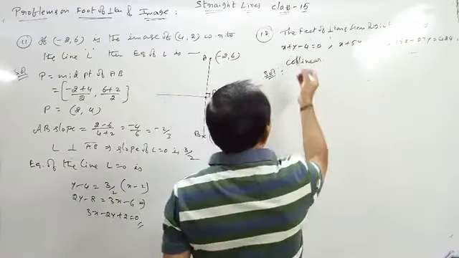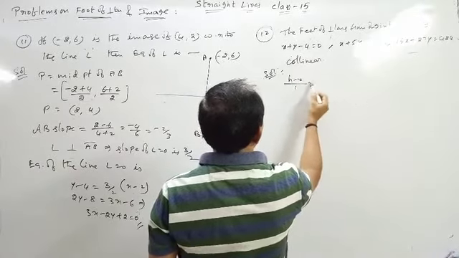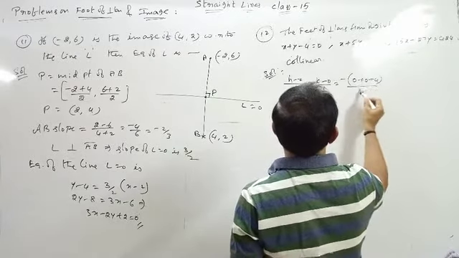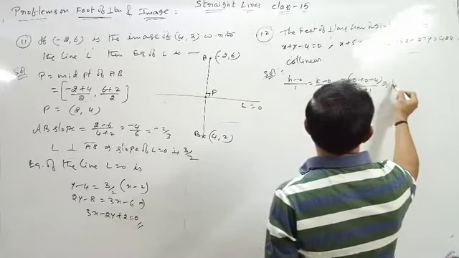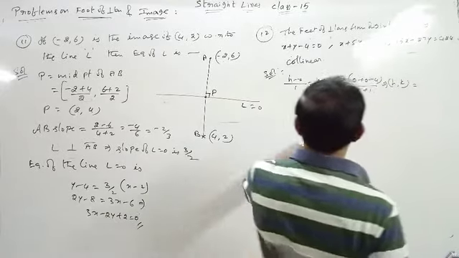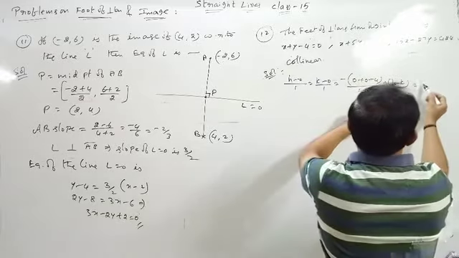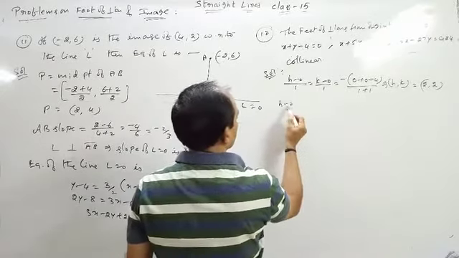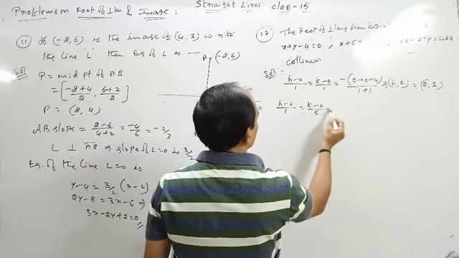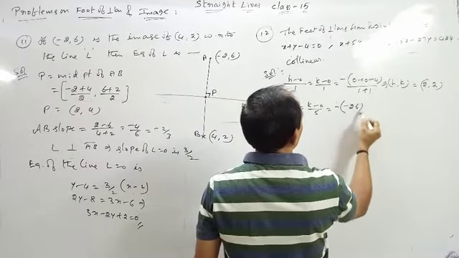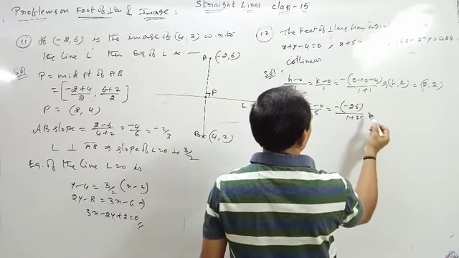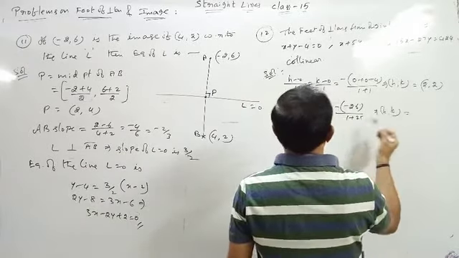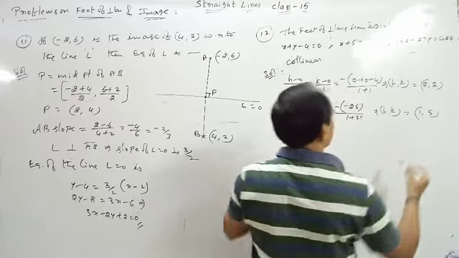Now h minus 0 by 1 is equal to k minus 0 by 1 is equal to minus of 0 plus 0 minus 4 by 1 plus 1. Then what about h comma k? One point is 4 by 2 comma 2, so one point is 2 comma 2. Now for the second line, h minus 0 by 1, k minus 0 by 5, is equal to minus of minus 26 by 1 plus 25. 26 cancels. Then here h comma k is 1 comma 5.